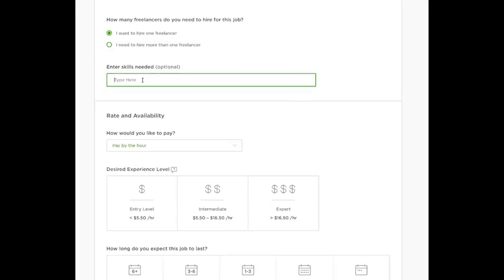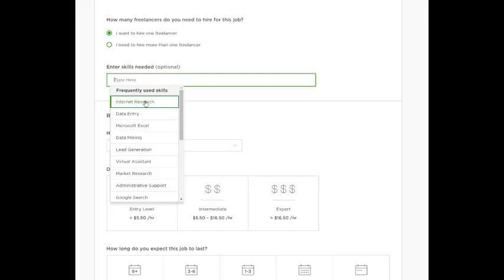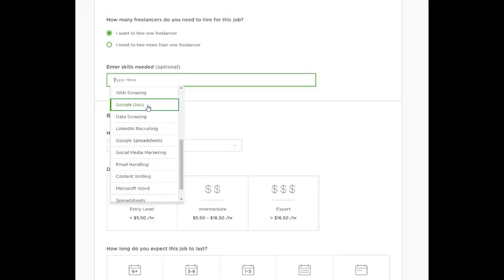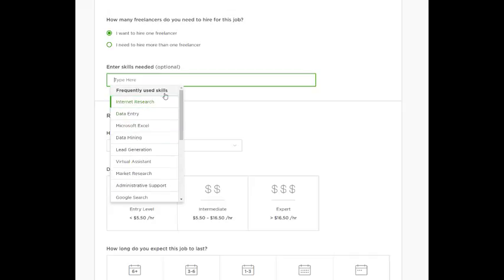We get to the next one, which is skills. Now, what you can see here already is Upwork is prompting me with skills that it thinks will be relevant for me. Now, that is based on